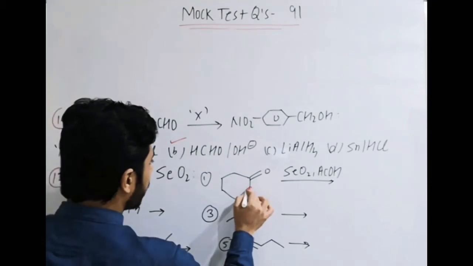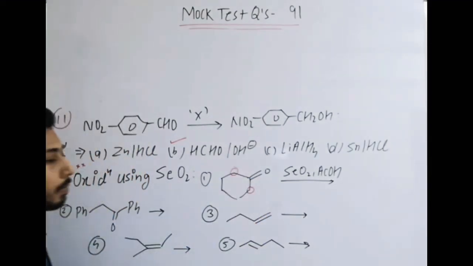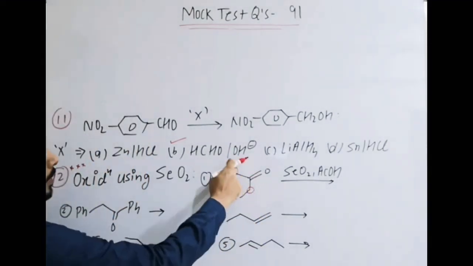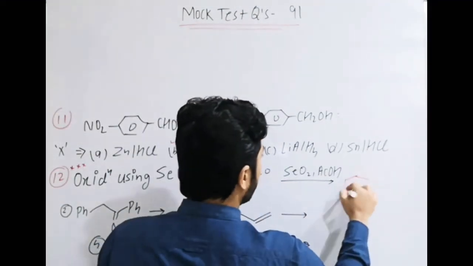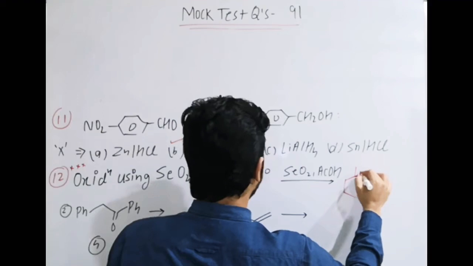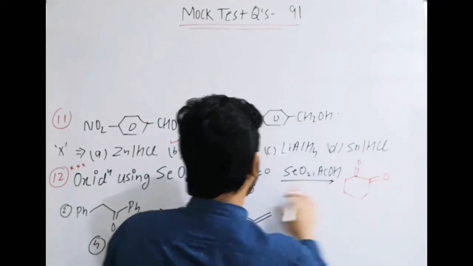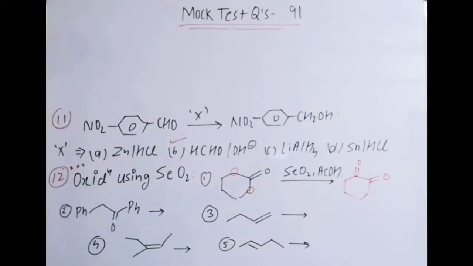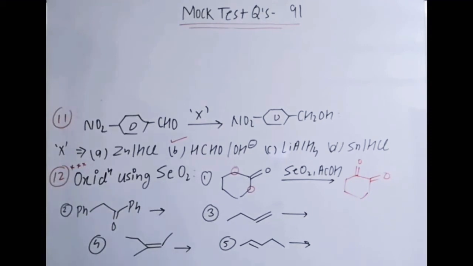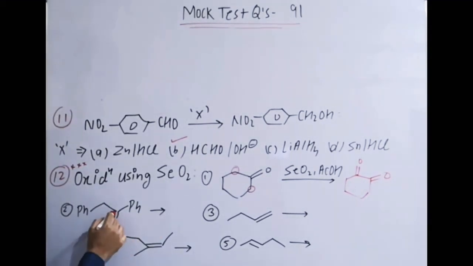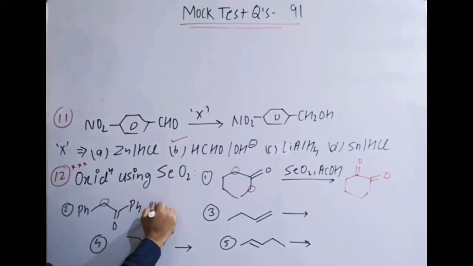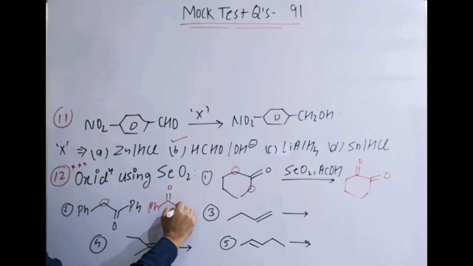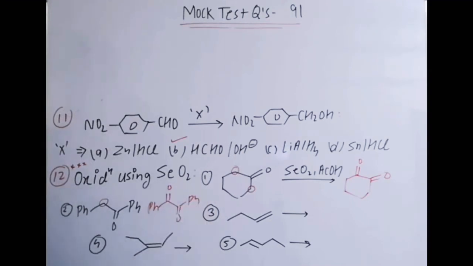These two are CH2 groups adjacent to C=O. So these are termed active methylene groups, and after this reaction, what is the product? Any of them can be converted to carbonyl, like this. That is the oxidation using selenium oxide. Another: here you can see this is an active methylene CH2. After the reaction, the product formed will be Ph-C(=O)-C(=O)-Ph.